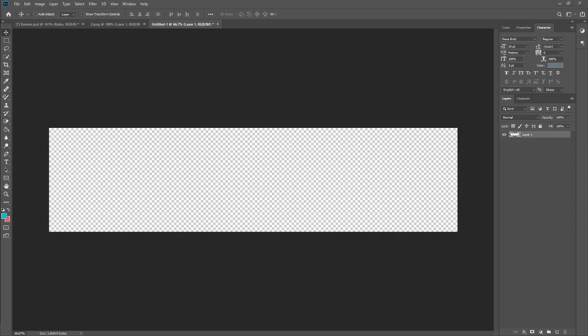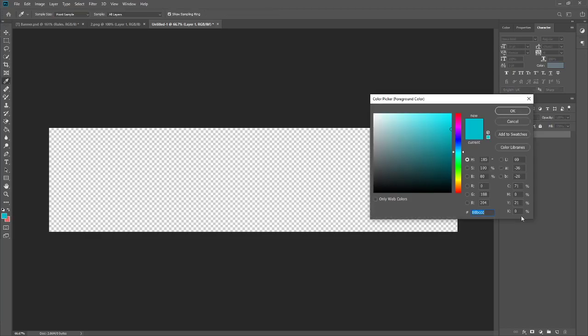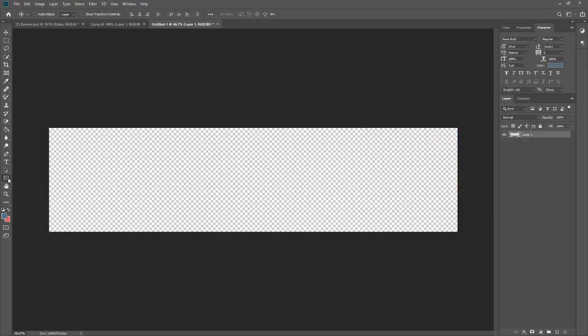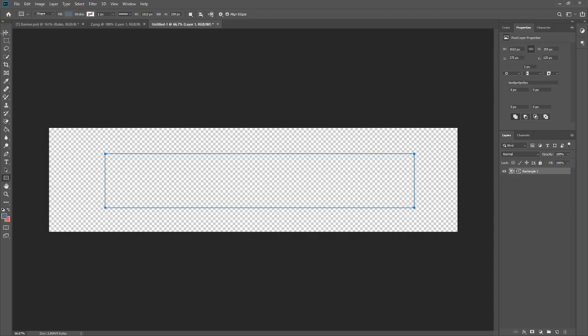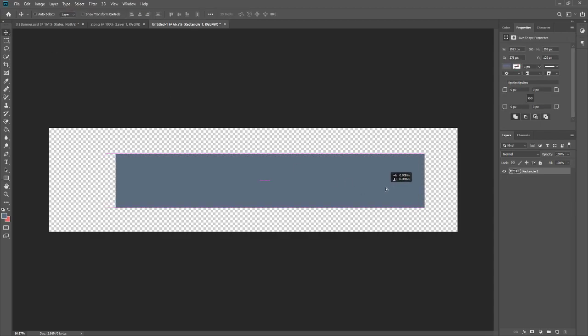Okay, so to start out, we're going to be making the gray backgrounds rectangle that you saw from the other one. We'll go ahead and make this. This is the color you're going to be using. It's sort of a gray blue color, and we're going to make it like this. Drag it out, and we want it to go to about here. Yeah, maybe a bit smaller. I like that. And keep in mind, we can always adjust it if we have to.